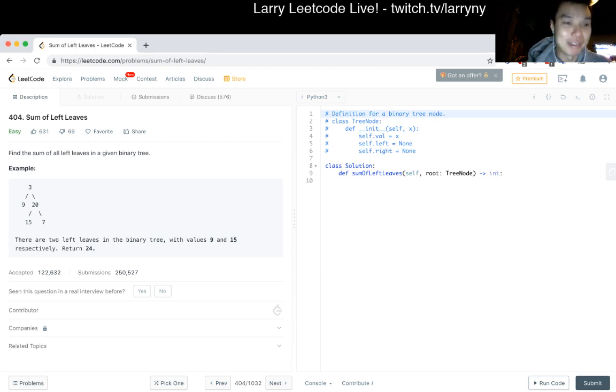With sum of left leaves, it should be straightforward because it's easy, right? Find the sum of all left leaves in a given binary tree. Given that there are 2 left leaves in this binary tree, return 24. Okay, so I think that, as with a lot of these tree type questions,